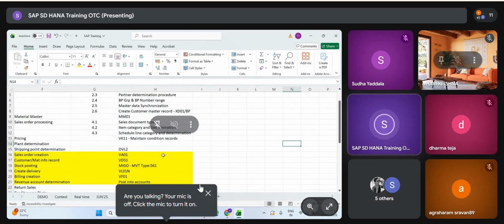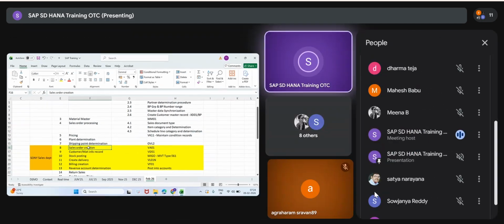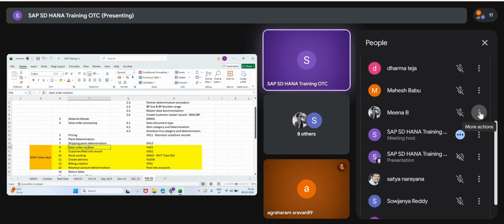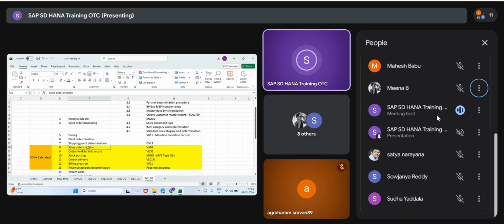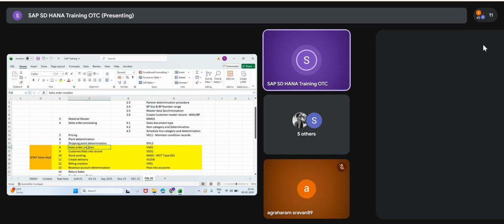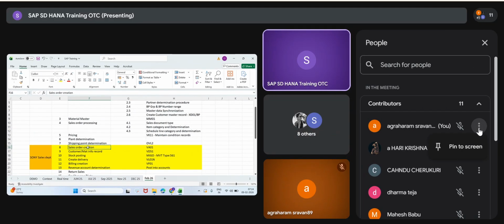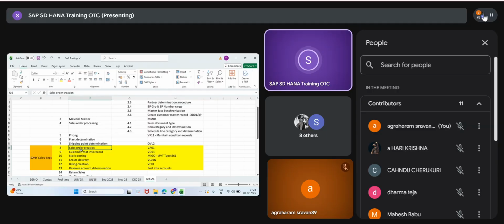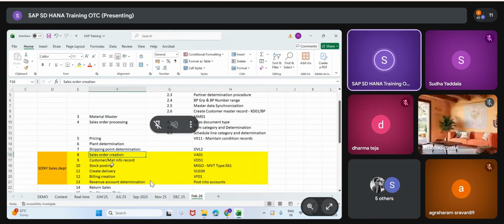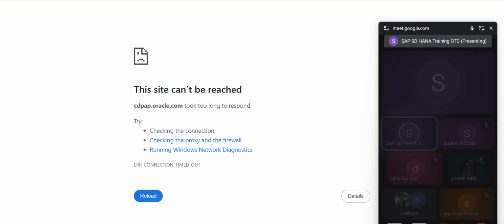Same fundamental rule. To create the sales order, suppose in one country, suppose they want to run their business in one country or 100 countries. The concept is the same. If you know how to design things for one country, it's the same for all the countries. Once you design, we are going to test whether it is working or not. So this is the first concept. Enterprise structure is the first concept.